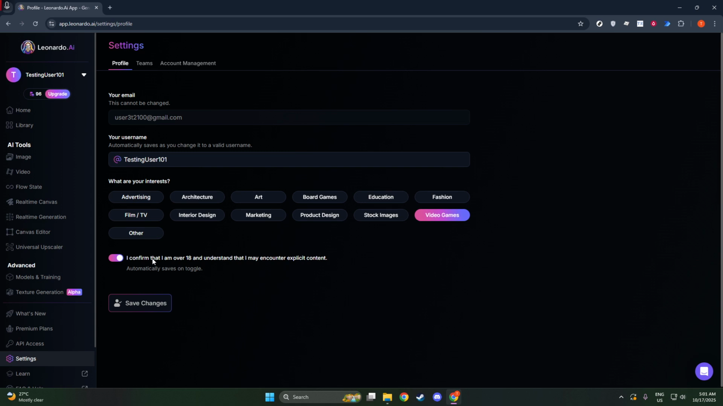This checkbox is the key to controlling the explicitness of the content you might encounter while using Leonardo AI. To hide explicit content, simply uncheck this box. Unchecking it signals to Leonardo AI that you do not wish to view explicit material, thereby aligning the content your experience with your preferences. It's an easy step, but one that plays a vital role in customizing your interaction with